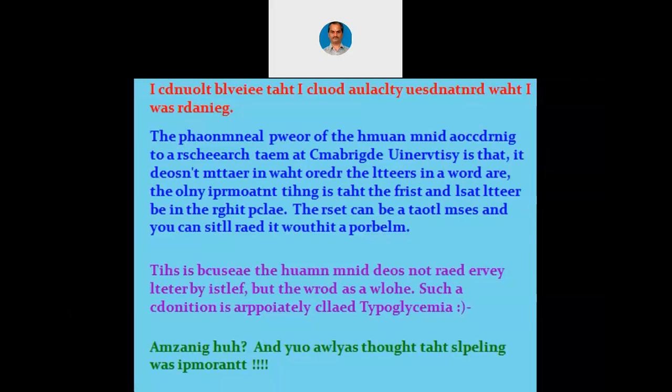Now, I want you to answer this particular question. Put it in the chat box. How is it possible that even when the information is garbled, it is possible to extract the information from the garbled message without the help of the human mind? Those who have understood my question, put the answer in the chat box. I hope you understood my question.